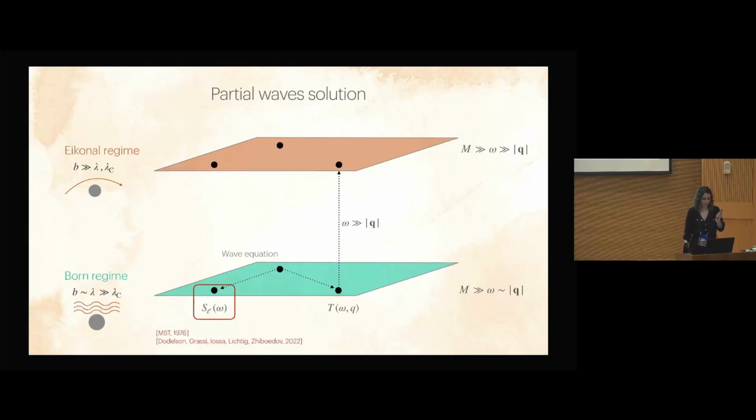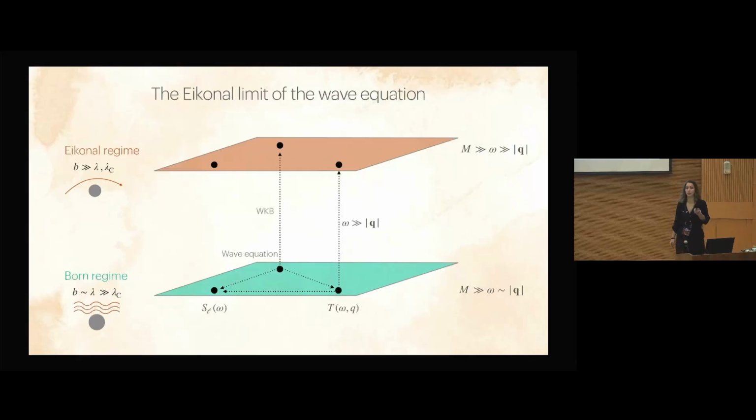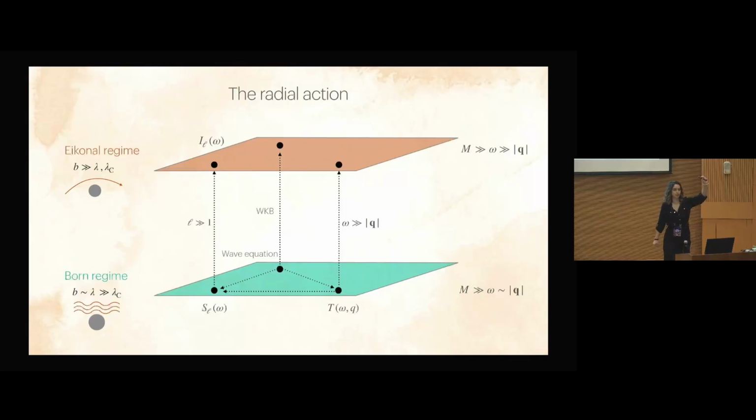Okay. So on the other hand, if you have the amplitude and you want to get partial waves, then what you have to do is just an integral over the momenta q against a Legendre polynomial. Now, this is basically what we need to go further, but just for completeness, let me also mention that if you have a wave equation and you want to reach the classical regime, then what you have to do is take a WKB approximation, so replace your wave function with an exponential phase. And if you have your amplitude in partial waves, what you have to do is take the large angular momentum limit, and what you end up with will exponentiate into this radial action, so this classical action.